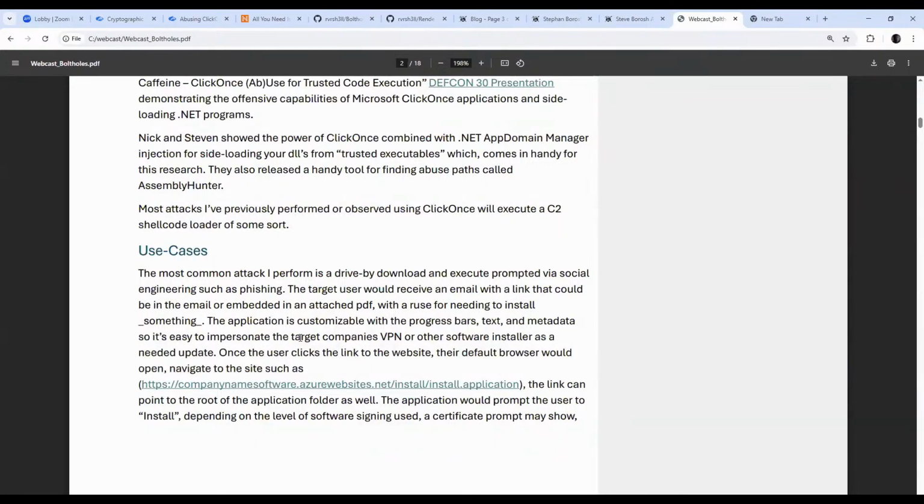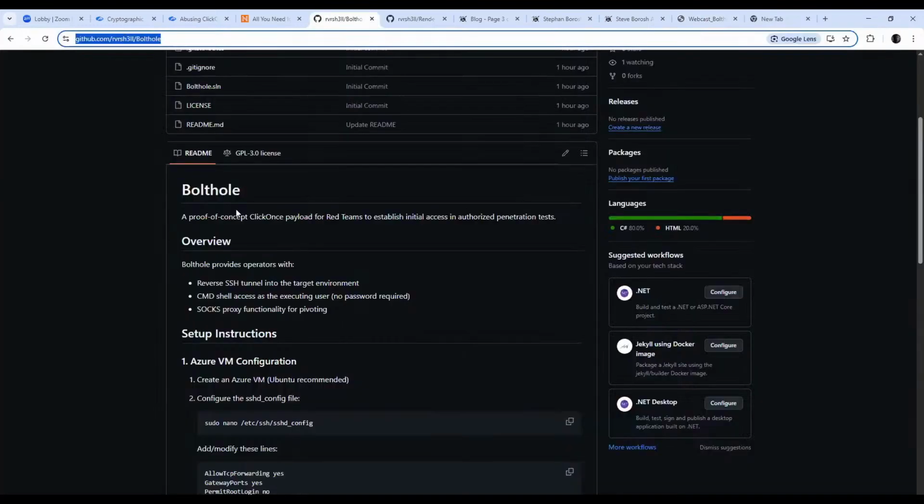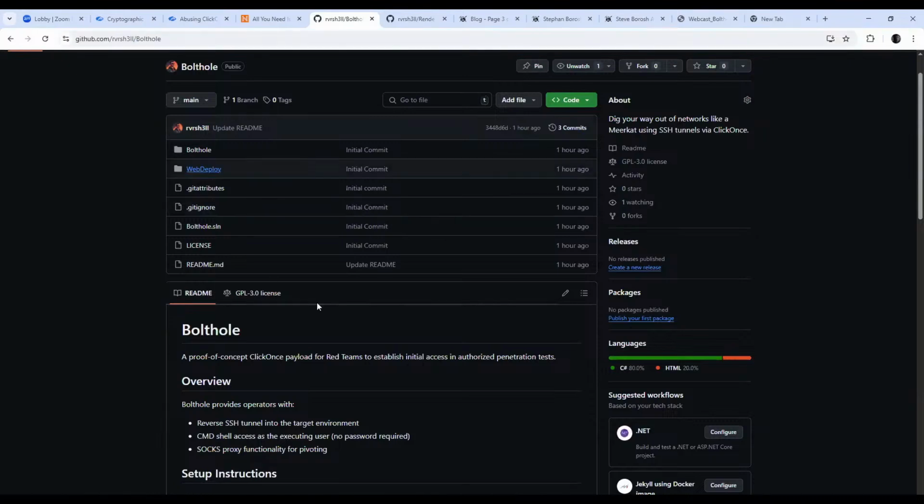I like to use VPN portals, things like that. I'll clone a company's VPN portal. I'll say, hey, your VPN software needs to be updated. And then the portal will drop the file, or they'll click the application link, and then the ClickOnce will fire off. I like to use Azure websites, and I'll give you the commands to do that. az webapp up. It's super simple. You can launch an HTML application super easy, but you do have to be cognizant of the